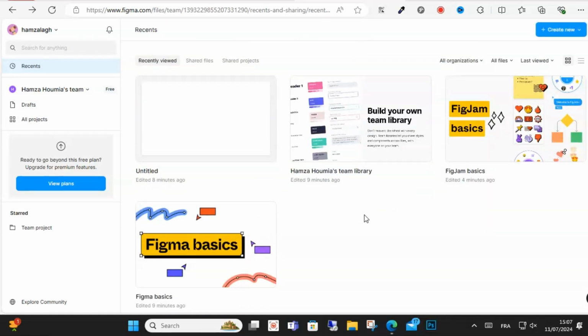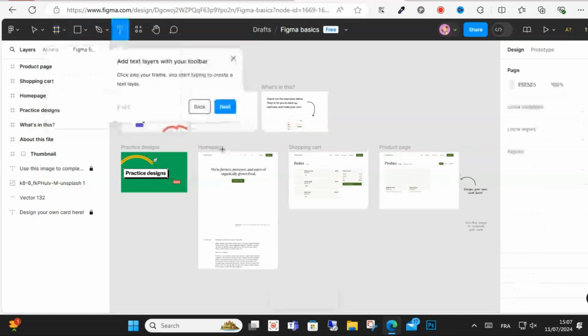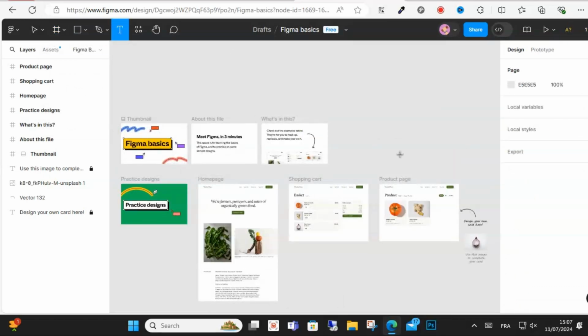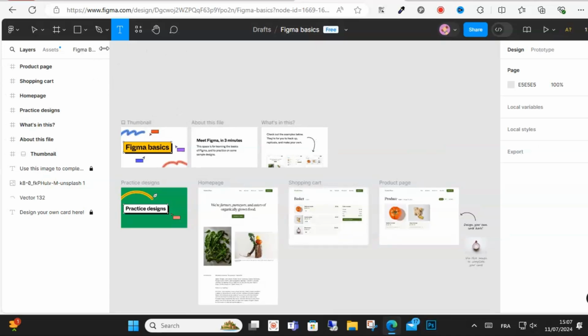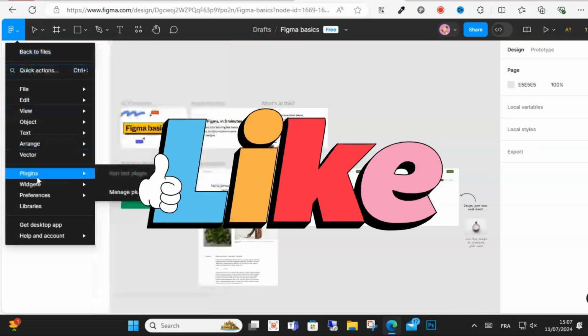Today I will show you how to export a Figma prototype to video. I'm going to show you in this video step by step, so make sure to watch this video till the end. So guys, open your Figma account and look at this dashboard as you can see here, and you can